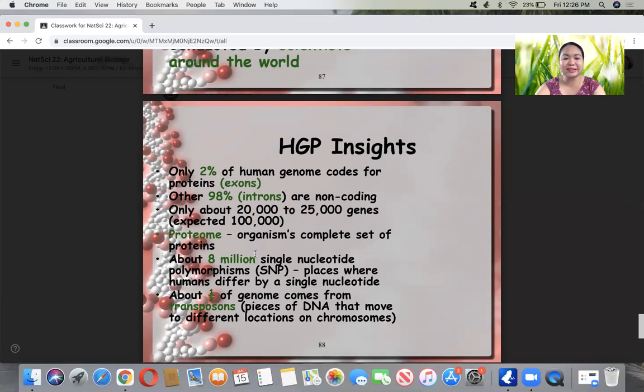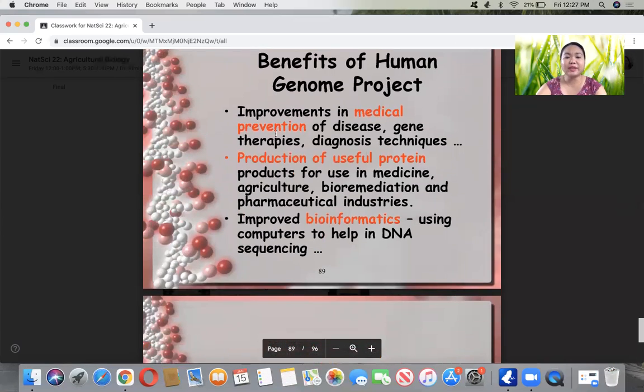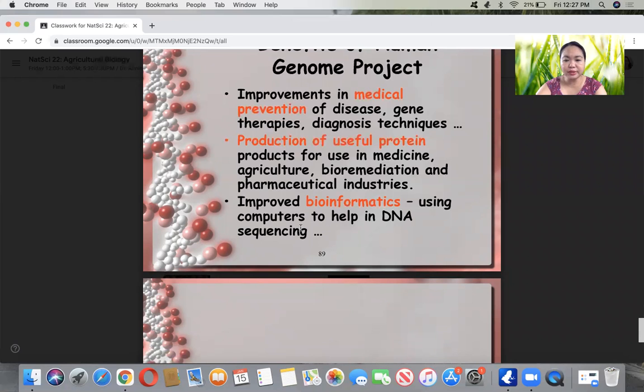The proteome is an organism's complete set of proteins. There are about 8 million single nucleotide polymorphisms, or SNPs, places where humans differ by a single nucleotide. About one half of the genome comes from transposons, pieces of DNA that move to different locations on chromosomes. The benefits of this project are improvements in medical prevention of disease, gene therapies, diagnosis techniques, and production of useful protein products for use in medicine, agriculture, bioremediation, and pharmaceutical industries, with improved bioinformatics using computers to help with the DNA